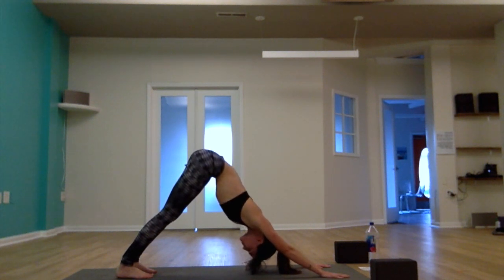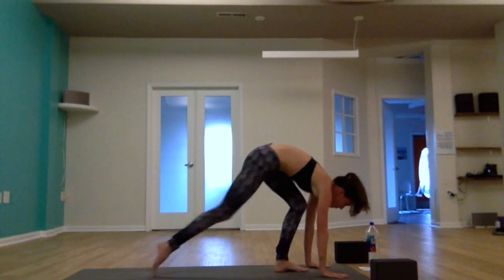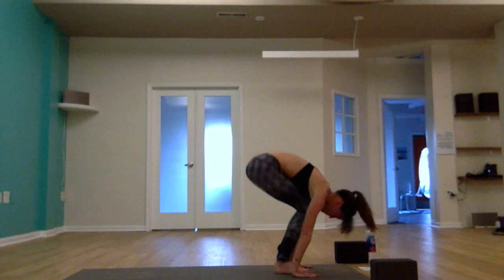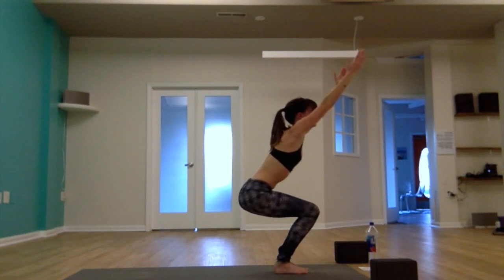Take a few breaths in downward facing dog, spiraling your shins and your thighs in towards one another, hugging into center. Come high on your toes, then step forward to the top of your mat. Inhale, lift up halfway. Exhale, fold. Utkatasana, send your hips down towards your mat. Spiral into center, lift up,